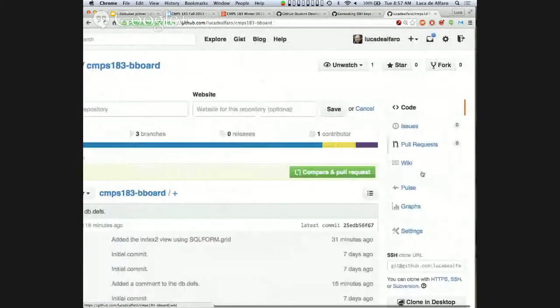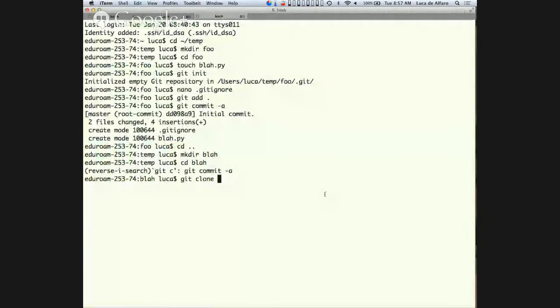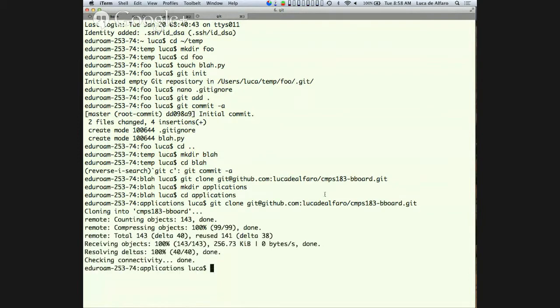Hang on. If I get in another directory, I install Web2Py, I go to the proper place, I go into my application directory. Let me do a better example. There will be an applications directory for Web2Py. I go to it and I say git clone of the bboard application. Boom, this will clone it, and now it will be inside my applications directory.